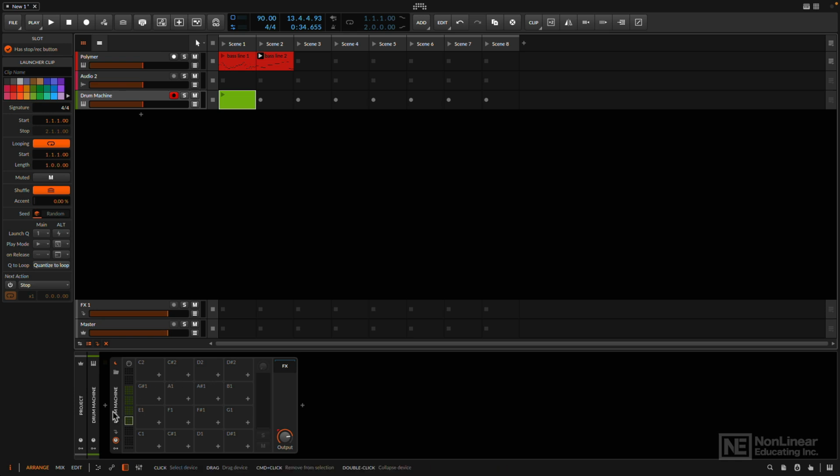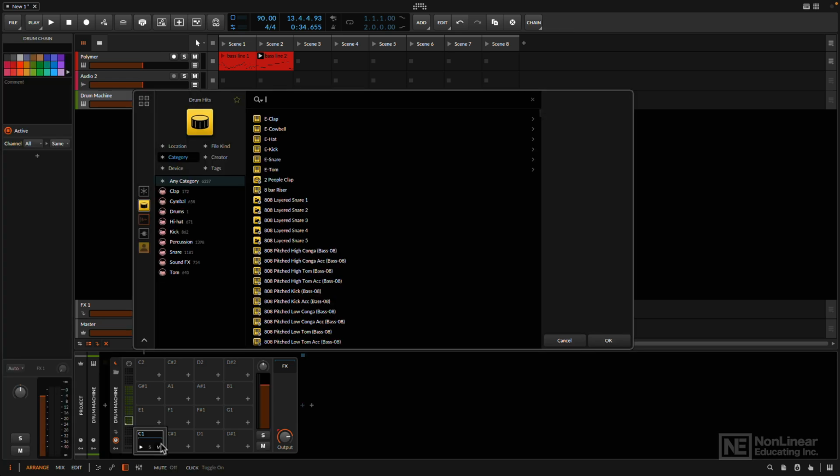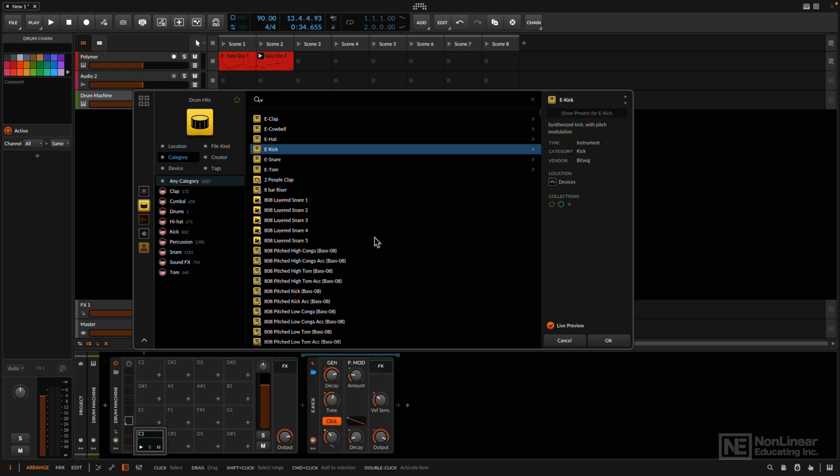I want to add a kick drum, and I think I want a mixture of synth drums and samples. So where C1 is, I'm going to press plus, takes me to my pop-up browser. What sort of thing do I want? Bitwig comes with a series of synth drums. They're E drums. These are basically synthesizers that are fine-tuned to make percussive sounds. So I want an E kick, and if I play this,